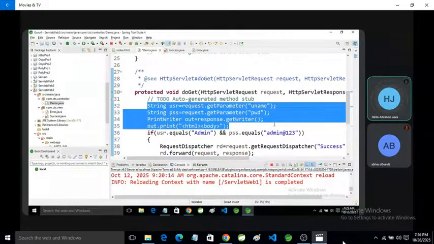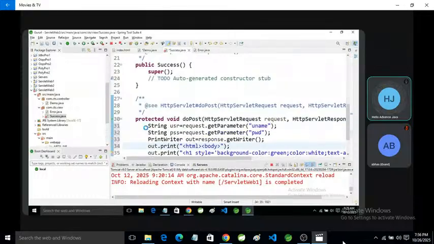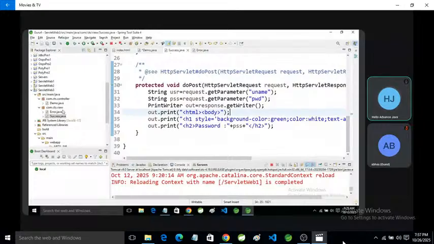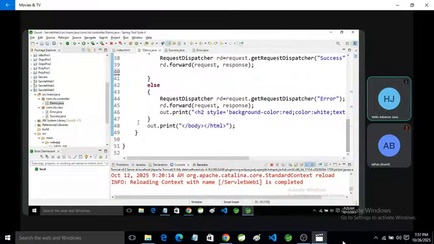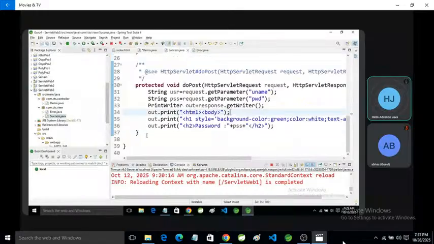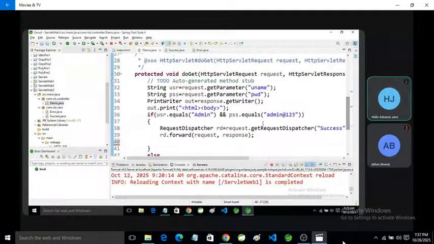We are transferring the values. So we will call this page. Here we are calling the success page if the condition is true.